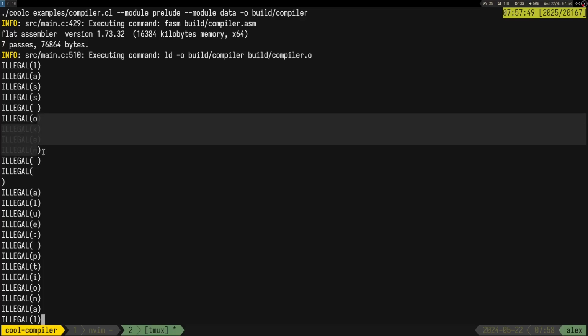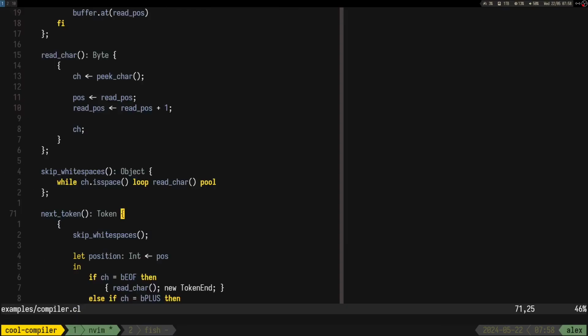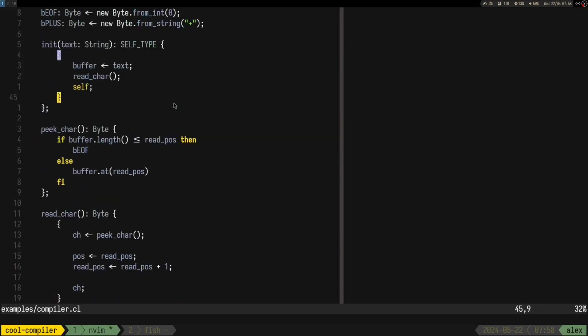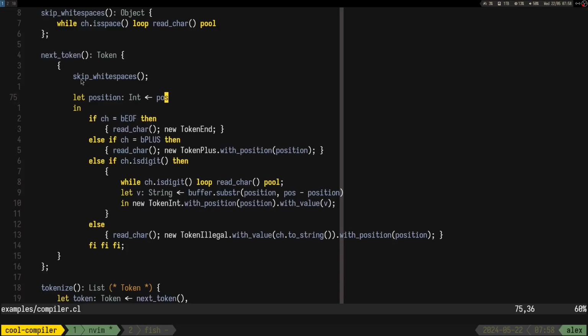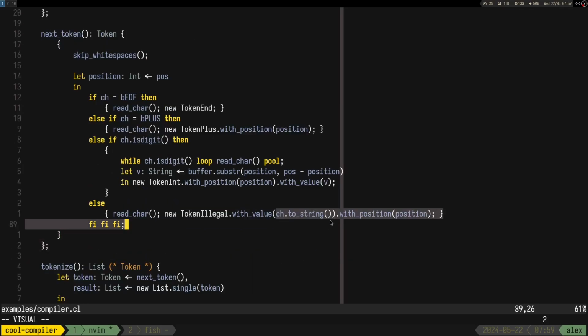Okay. I'm wondering why it's not showing the first character though. Did I make a whoopsie? Skip white spaces. Yeah, not really. I don't know why. Oh. Yeah, that's why.